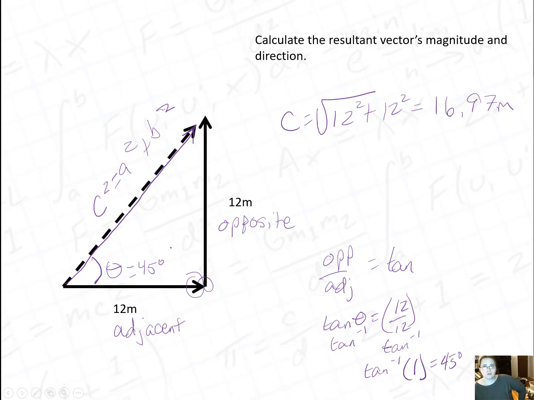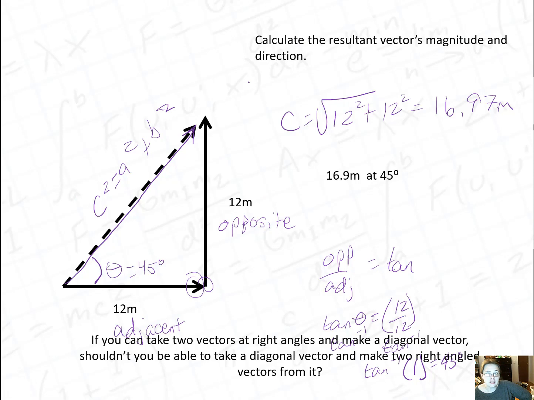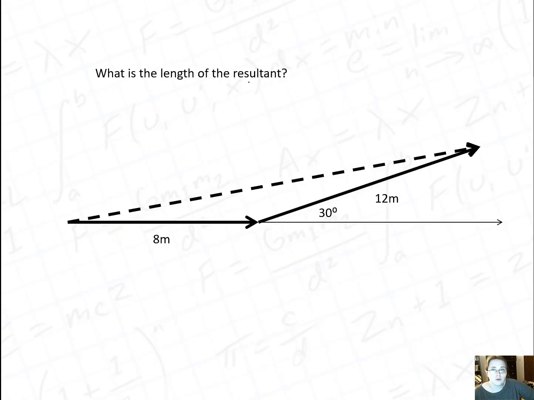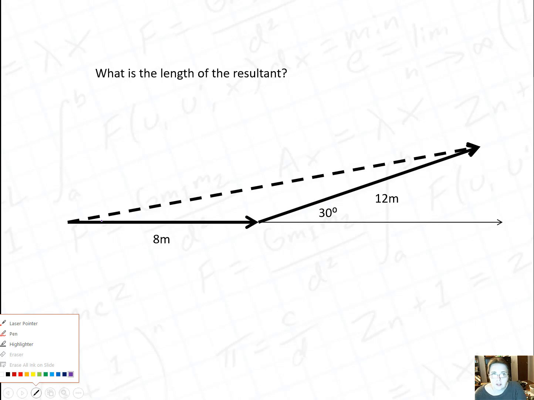Okay, so what could we do to make it so that we could use this same kind of technique in order to solve it for pretty much any vector, any set of vectors that we want to add together? So that's our goal for today. So to do that, this is the example problem that I want to show you. So we want to go from